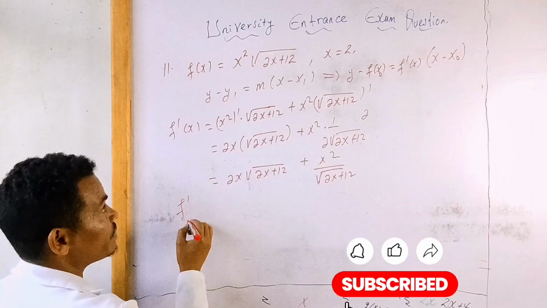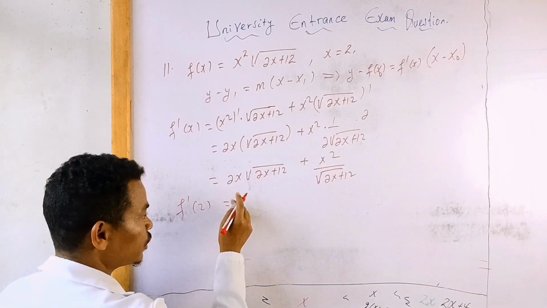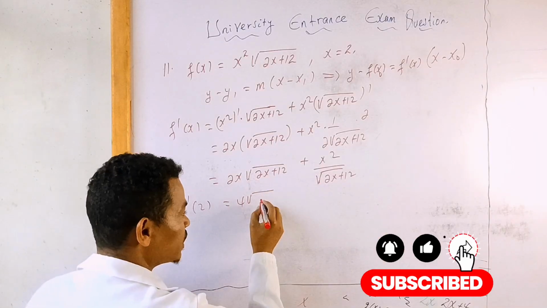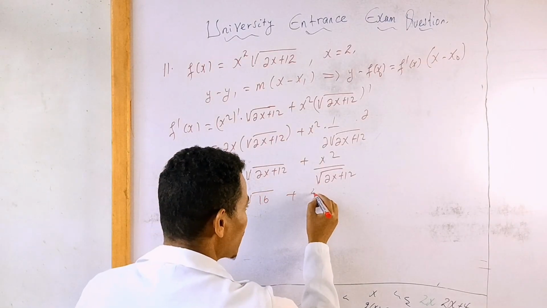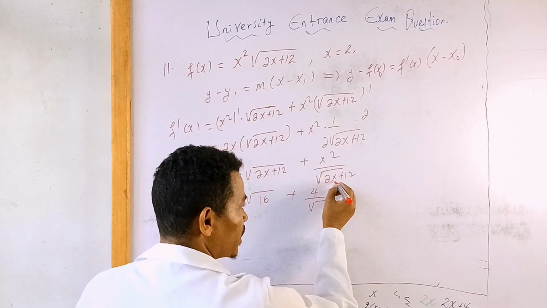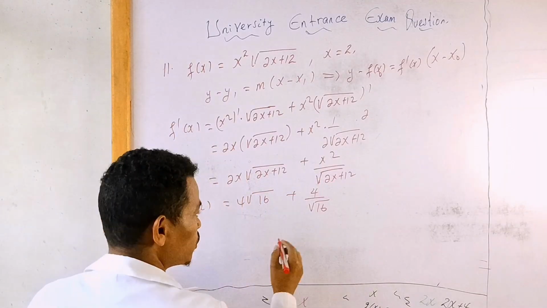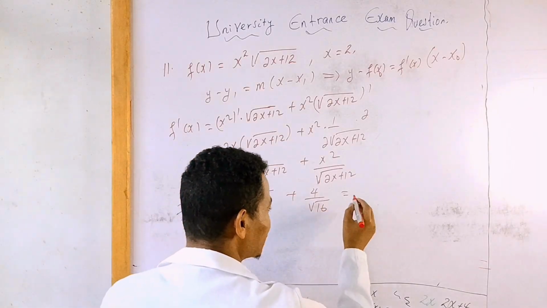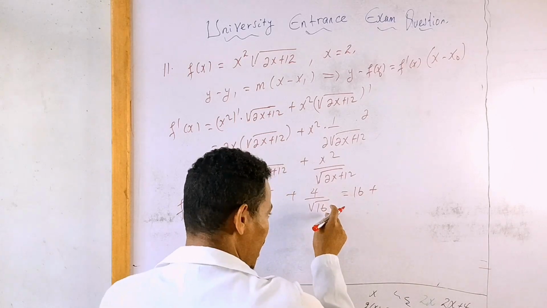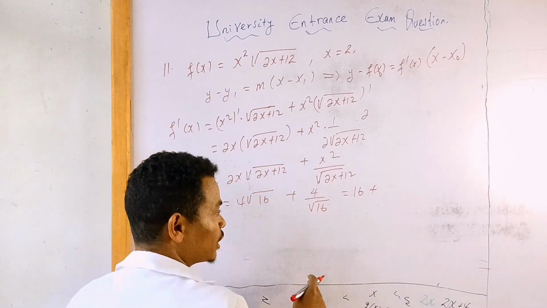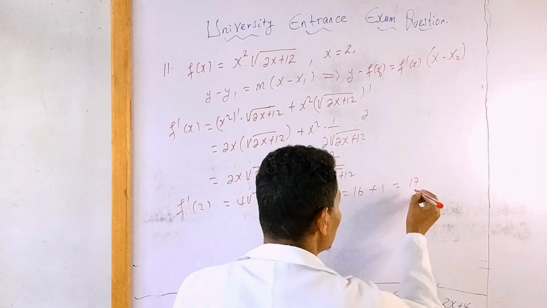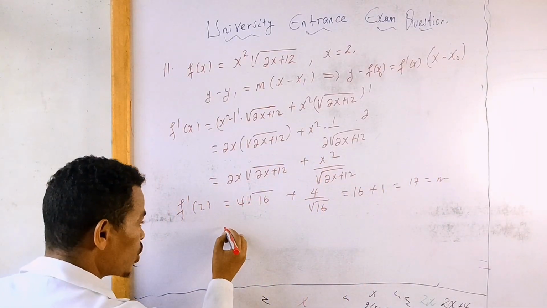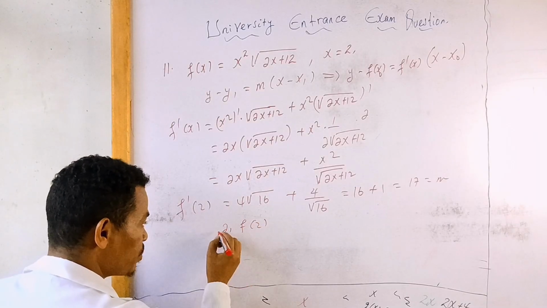Now f derivative at 2 እንሰራለን slope ለማግኘት። That is 2 times 2 is 4, radical ሁለት ባዘ በሁለት 4 ነው 4 ሲደመር 16 ነው, plus x square is 4 over radical, this one again 16 ይሆናል። So this is the same with 16 radical ወደ 4 ሆነ 4 ሲደመር 4 ሲባዛ በኋላ 16 ይመጣል plus 16 radical ወደ 4 ሆነ 4 አባራ 4 ማለት 1 ነው። So this is the same with 17. This is slope ይሆናል ማለት ነው።